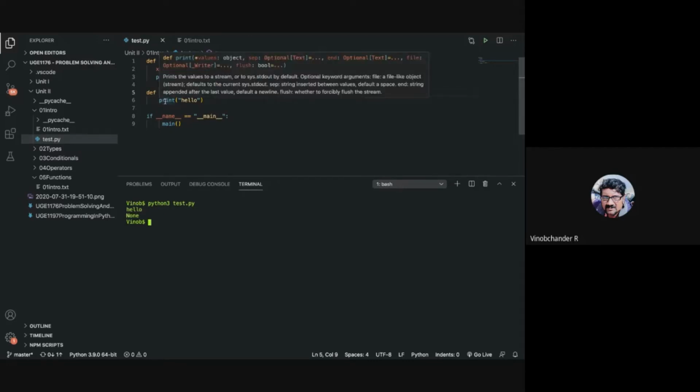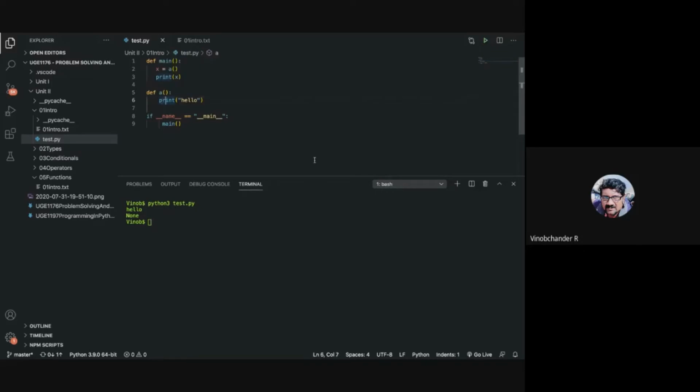And how do you return from a particular function? Make use of the keyword return. So for example, if I want to return this, I just make use of the keyword return. I just say return hello. In this particular case, probably I don't want this. If I just do this,